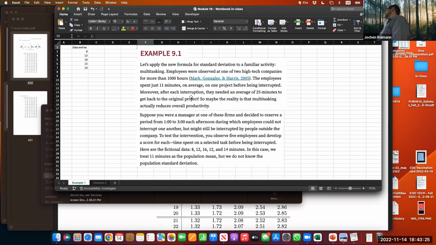Suppose you were a manager of these firms and decided to observe a period from 1 to 3 each afternoon during which employees could not interrupt one another, but might still be interrupted by people outside the company. To test the intervention, you observe 5 employees and develop a score for each time spent on the selected task before being interrupted. Here is the factual data: 8, 12, 16, 12, and 14 minutes. In this case, we took 11 minutes as the population mean. So that basically is the time